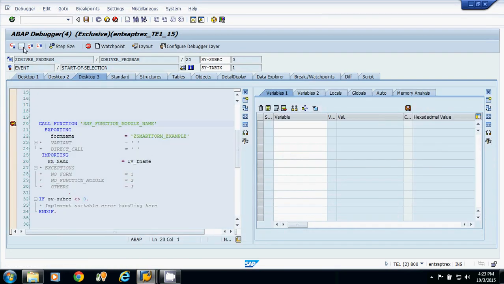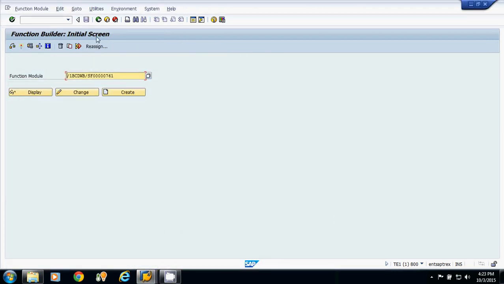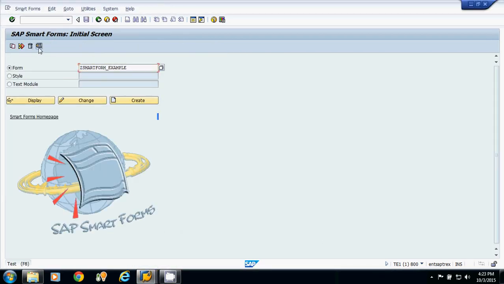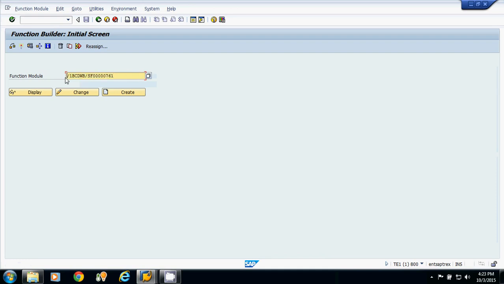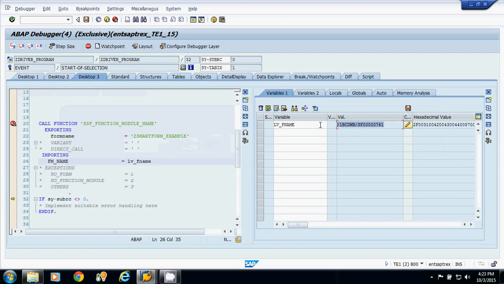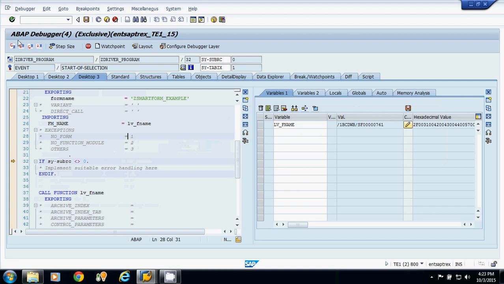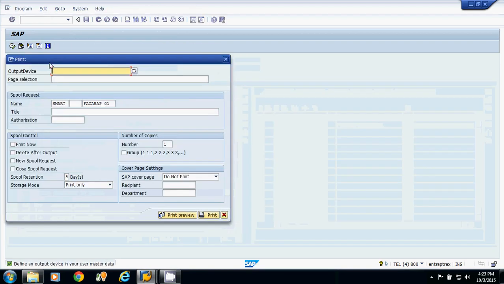Now if I am executing this, see, this variable now gives us the function module of that smart form. If we independently run the smart form, see, this number and this number are now the same.